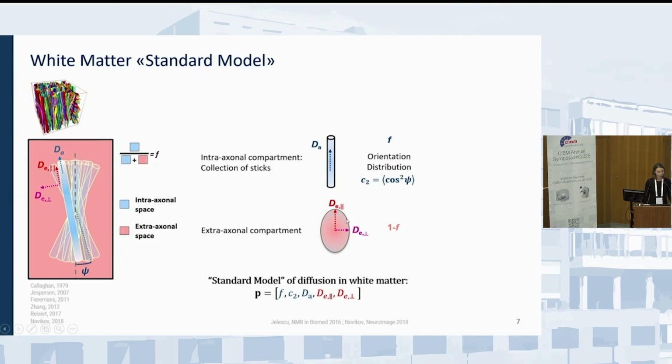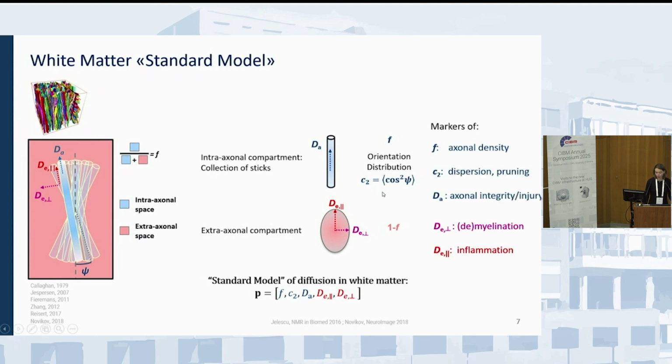And the rest is extra-axonal water that can be characterized by 2 diffusivities, one along the fascicle, the other perpendicular. And these fascicles then have some orientation distribution function to them to model how dispersed or aligned they are. The reason these parameters are important as compared to, for example, something like diffusion tensor imaging, which you may